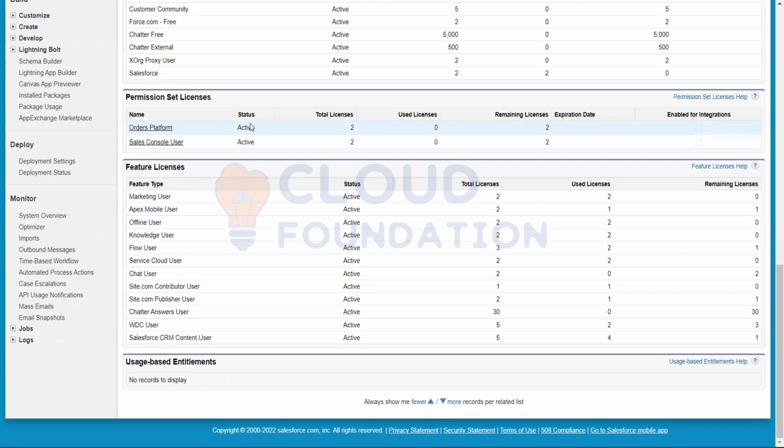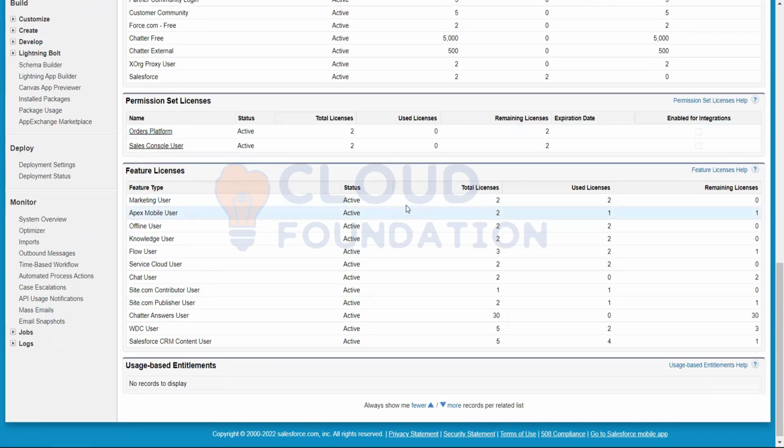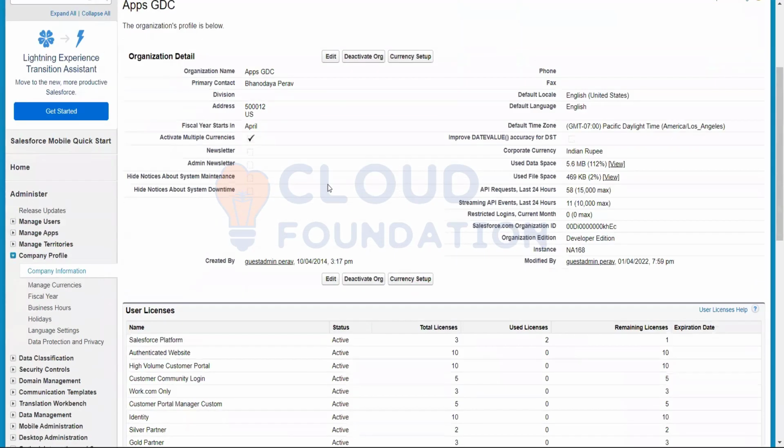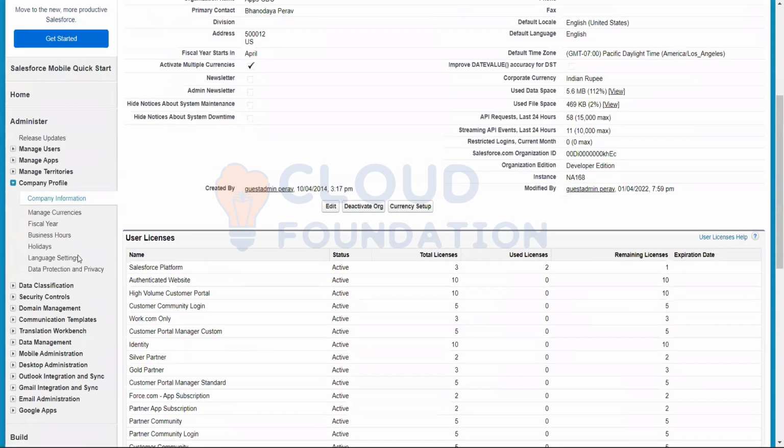So feature license also, right? Same, or there might be a chance of different. Okay. So this is the organization where you are going with company information. Okay. So now the next one is like